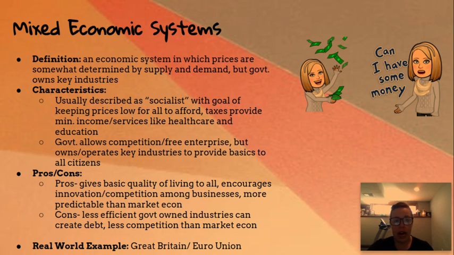Taxes usually are higher in those countries, but there's a trade-off: yes, you have higher taxes, but those cover your minimum income or your minimum health care or your minimum education or whatever. The government does still allow for competition, free enterprise and stuff like that with other industries. Like, if you wanted to start your own spa or something, they wouldn't own all of the spa industry. You could do that. But if you wanted to start your own school, it would have to be privatized and you wouldn't be part of the government's education program.